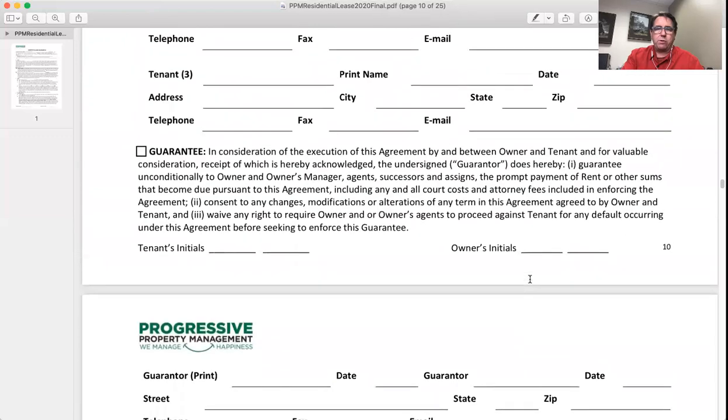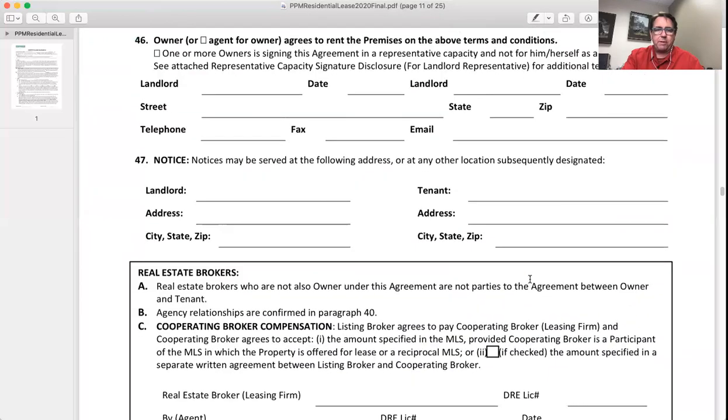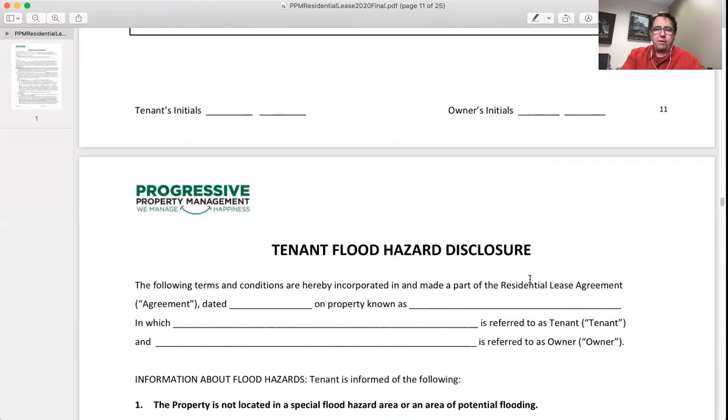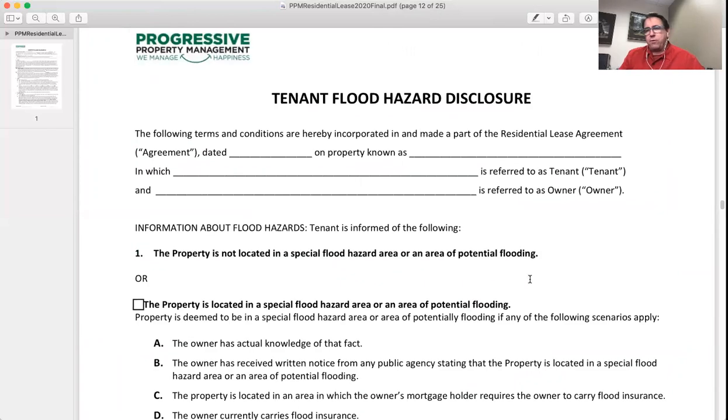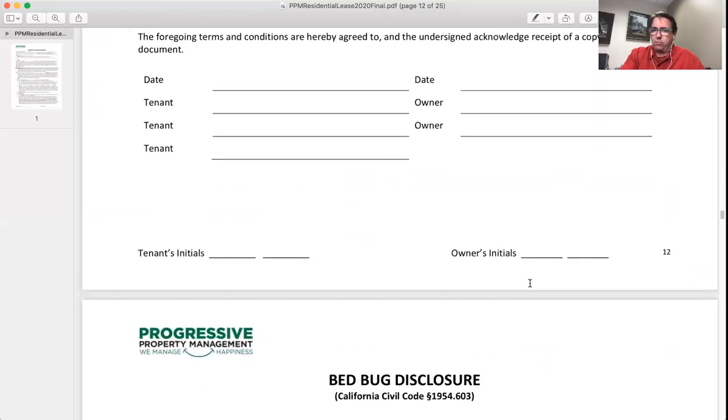If you have a guarantor, so a parent sometimes will sign for a student that's here and they're on the hook financially for anything you do to the property. If agents are involved, they fill out there. Flood hazard. If your property is located in a flood zone, and if it is, it has to be disclosed to you, because that means possibly it floods more often than other places and your personal property could be at risk, and you really want to get tenant renter's insurance. So that's a form you'll sign.